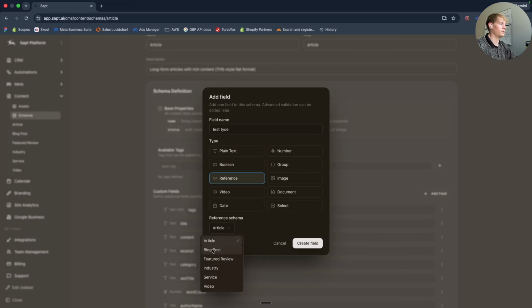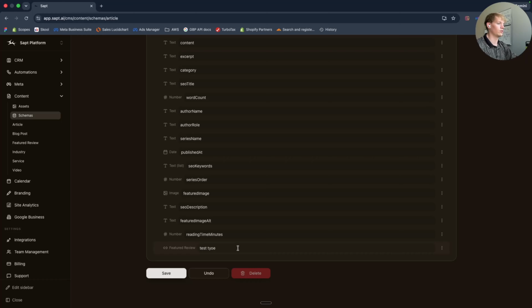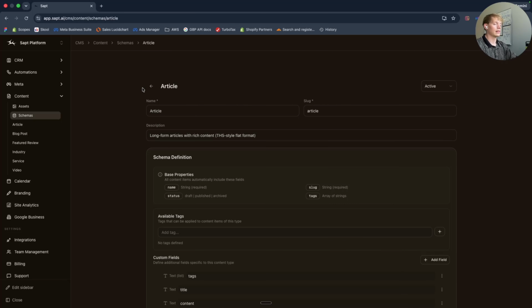So a reference is a good one because this actually can link to other schemas for us. So maybe we want to link to a featured review. And so we can create this field. And then now that this field is there, when we actually create a content type, we would be able to go ahead and link to specific other places inside of the CRM or the CMS, creating a very connected view